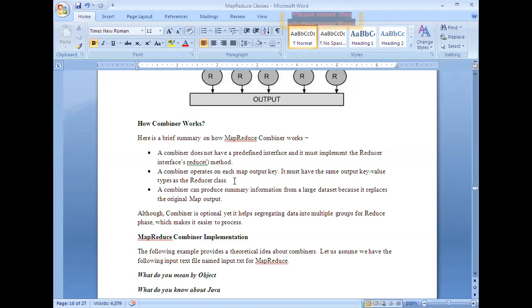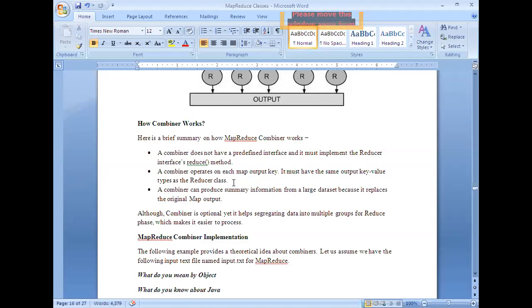That is the first point. Here the combiner is a part of the reducer. Part of the reducer means it implements certain responsibilities, certain functionality of the reducer with the help of the combiner.